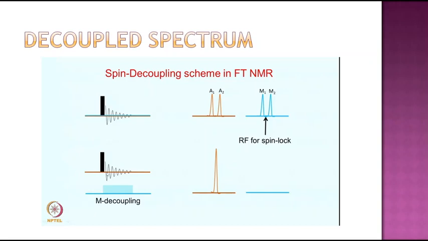The signal clarity may be affected. In order to avoid this kind of disturbance, you can decouple. The coupling actually makes the signal split. You can avoid coupling, you can prevent coupling from taking place. In such cases, all the protons give only one signal. Now you can very well know how many signals are there. The multiplicity will be avoided by this technique, the spin decoupling technique.